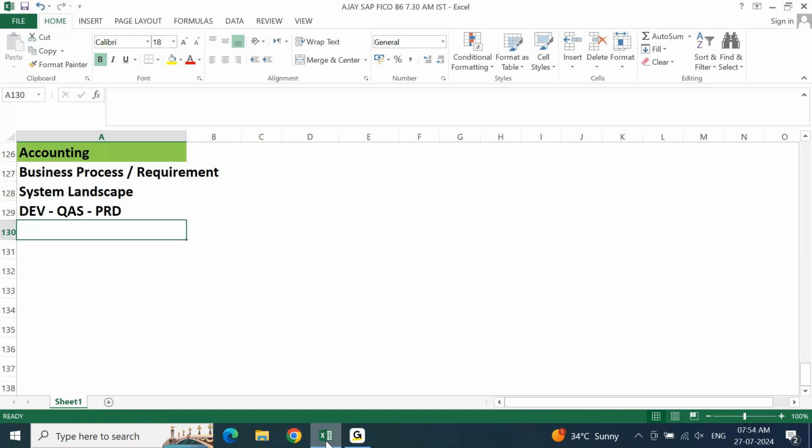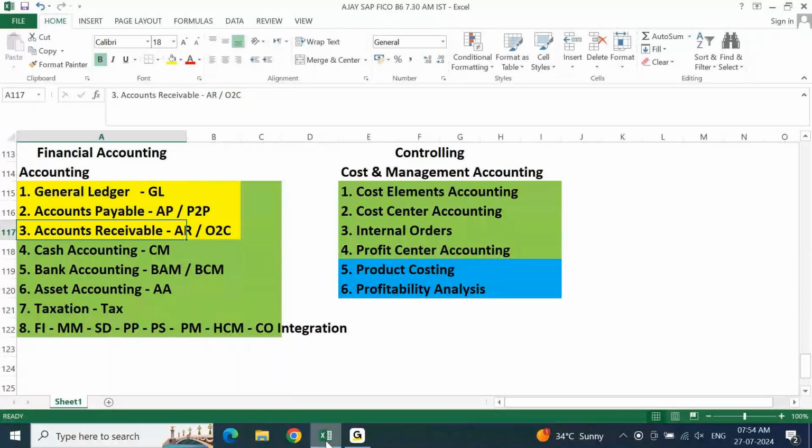Okay. Now, at the end, what you need to understand is accounting plays a crucial role here. If you are good with the subject of accounting, it will make you feel very comfortable with your SAP FICO. In FICO, it's all about accounting. You need to accept the facts. In FICO, these are the course content which everybody is aware of. GL, AP, AR, everything is part of basic fundamental accounting. Everywhere you have debit, credit. If you know this basic fundamental accounting in a proper way, you will easily understand SAP FICO.